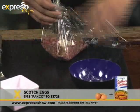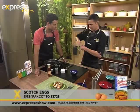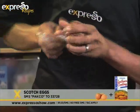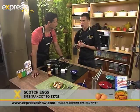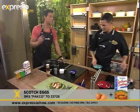Oh, look at that. So if you don't want to get your hands dirty, grab it, turn it. Form it into egg shape. And at this stage, you can take it out, mold it better into a more egg-like shape. But you leave it in the fridge for a little while. So you leave it in the fridge first before you actually...